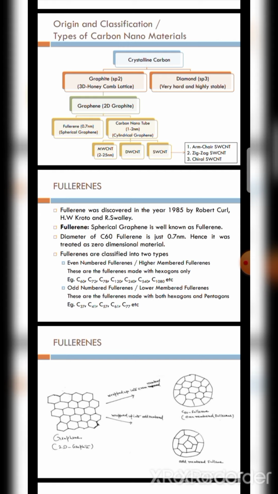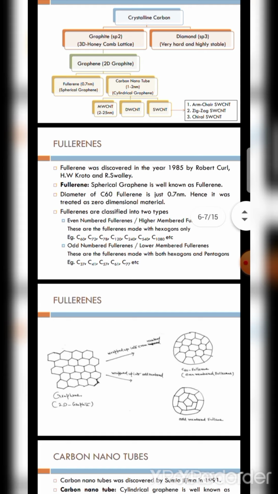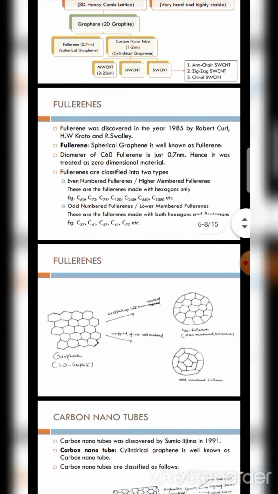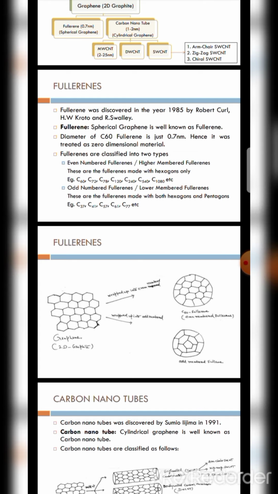Fullerenes are classified into two types: even number fullerenes, or higher fullerenes, and odd number fullerenes, or lower fullerenes. Even number fullerenes are made with hexagons only, for example C60, C72, C78, C120, C240, C540, C1080, etc. Odd number fullerenes are made with both hexagons and pentagons, like C37, C41,